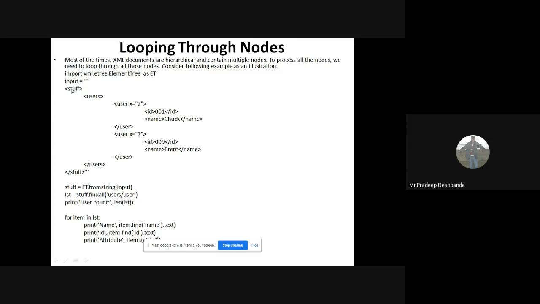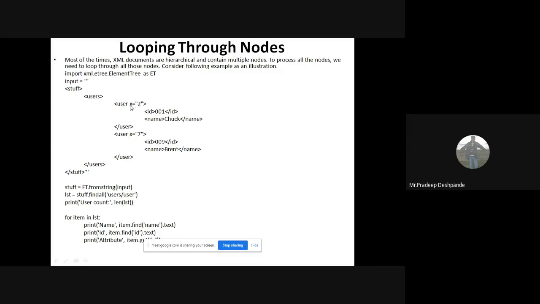In this particular XML file, we have different tags: stuff, users, user, and there are multiple nodes. Stuff is one node, users is another node, user is another node. Inside stuff you have the users node, then inside that, user is another node.